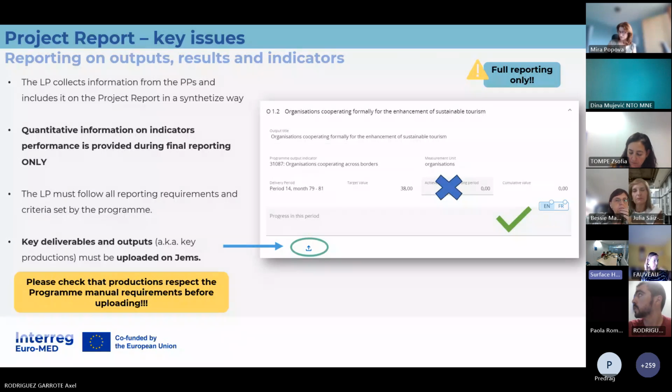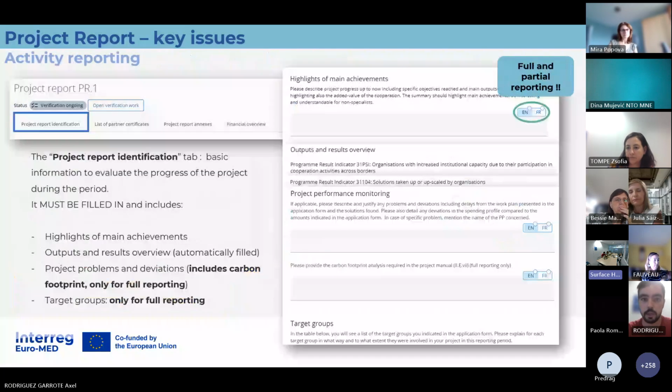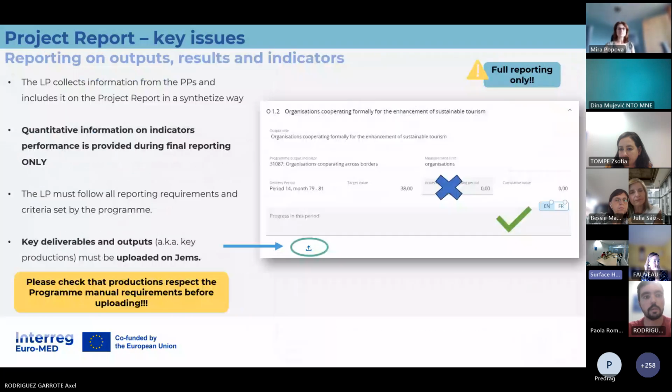There are some sections during full reporting that you don't see now during the partial one. You will have new tabs concerned with the reporting on outputs, results, and indicators. So during full reporting, as an anticipation, when you have to report on each of the elements of your work plan, for outputs and deliverables, for key productions, we don't ask you for numbers till the end of the project.